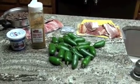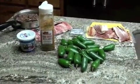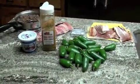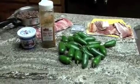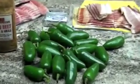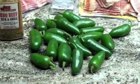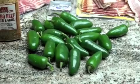It's Easter weekend and we're going to make atomic buffalo turds today. This is called ABTs for short, and basically it's a stuffed jalapeno. We start with normal jalapenos. We're going to cut the stems off in a minute, and then we're going to slice them in half and